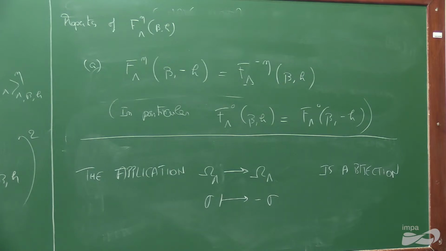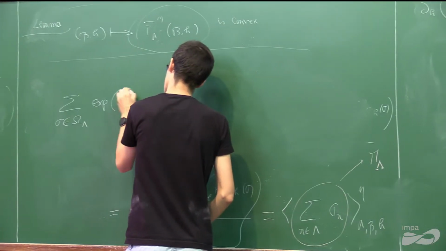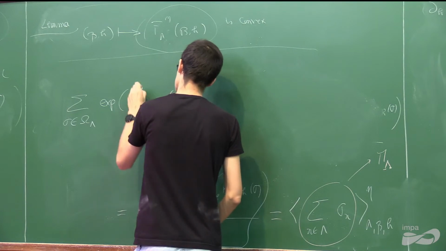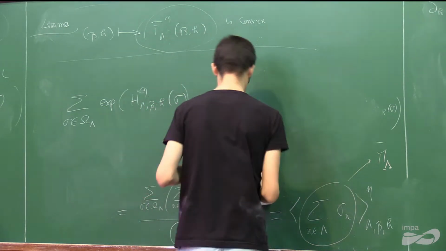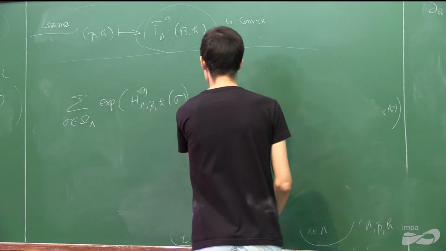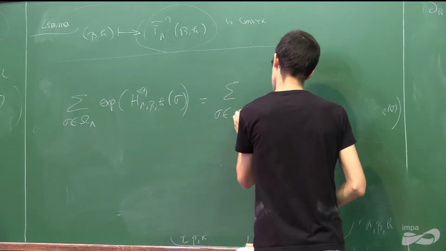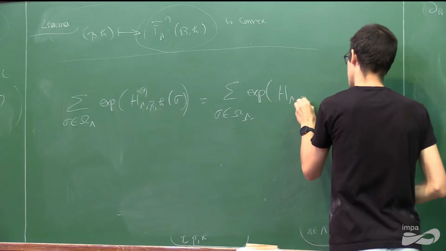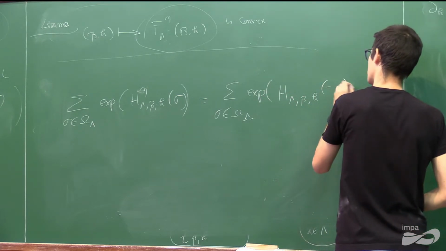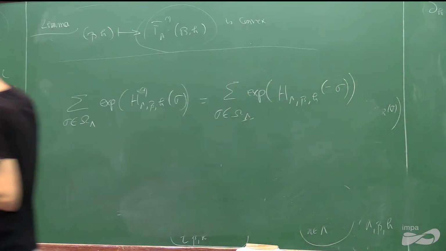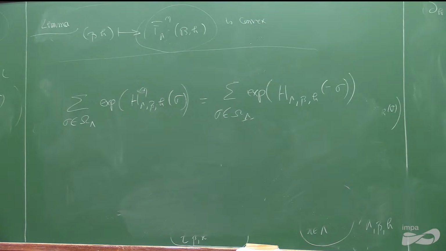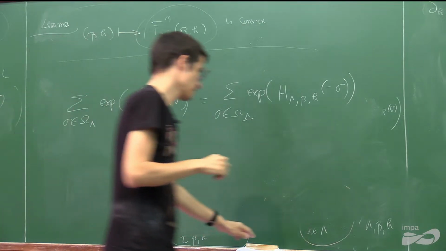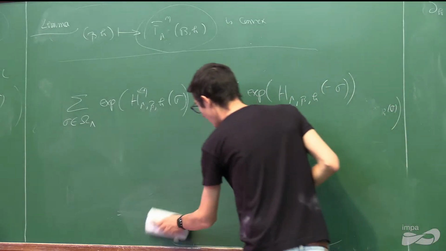the sum over sigma in omega lambda of exponential of beta h lambda of sigma is equal to the sum over sigma in omega lambda of exponential of beta h lambda of minus sigma. Okay. Now what you have also is that